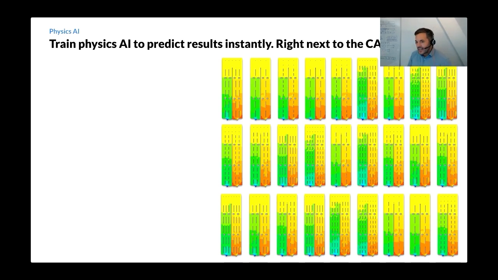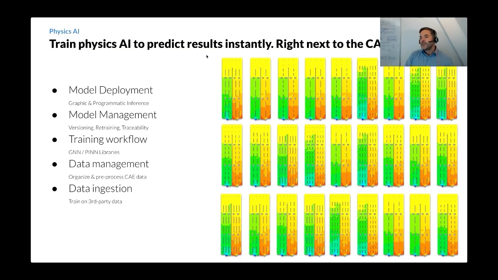Sometimes it's for a dedicated project where they run a design of experiments to generate the data and then train a physics AI model. Sometimes it's for operations use cases. So there are different setups in which this is happening. But at the end of the day, you have this data, and then with the integrated physics AI capabilities inside SimScale, you can now train a physics AI model. And we're going to quickly see that.